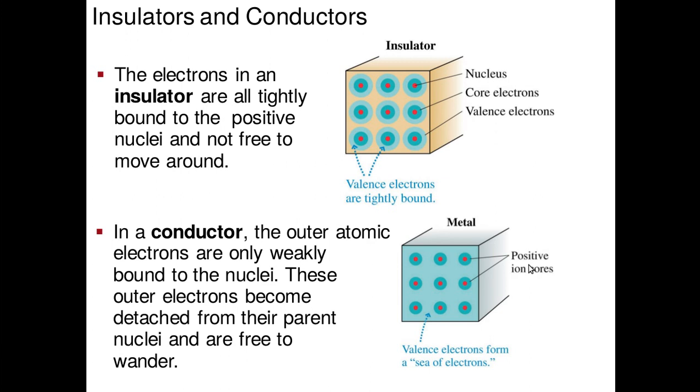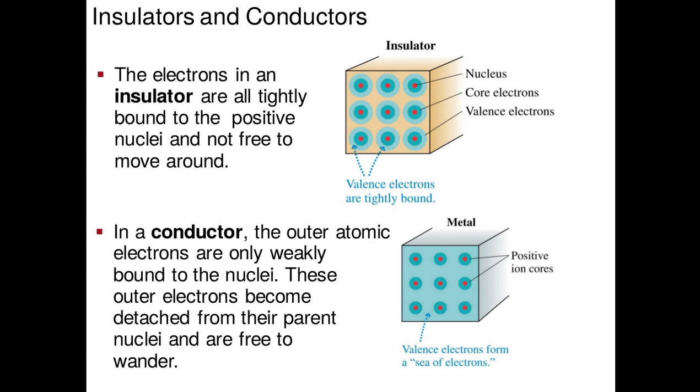The outer electrons in every atom are weakly bound to their respective nucleus. So it doesn't take a whole lot of force or a whole lot of work, which we'll be dealing with later, for those valence electrons, those outer electrons, to be removed from their atom and then